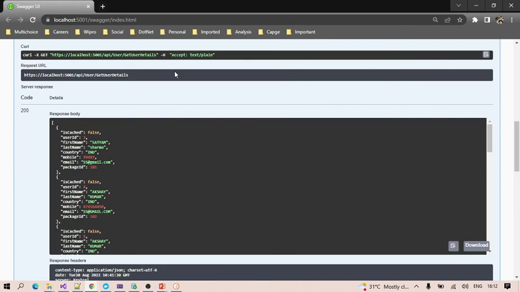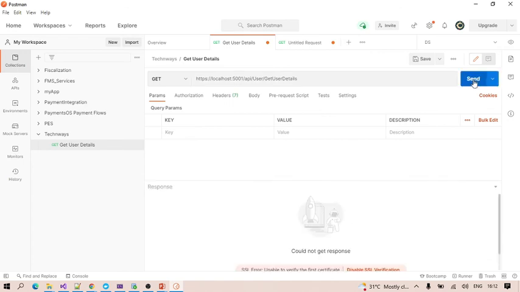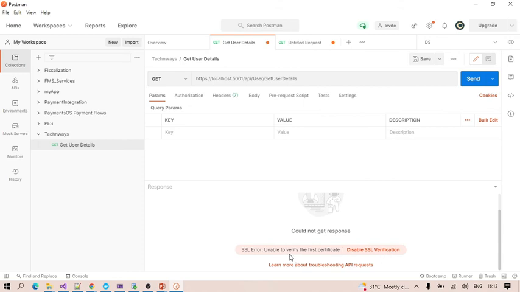So let's try to run this same API through our Postman. How it is behaving here. It may be aligning, it may not be aligning, but let's try it. SSL verification.